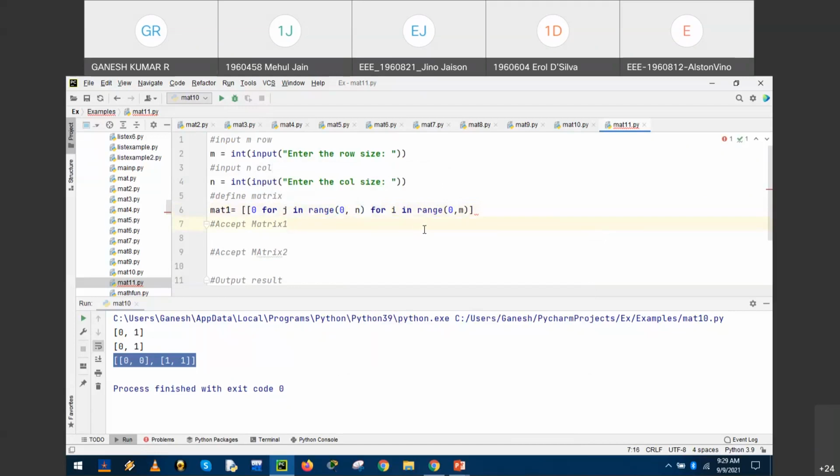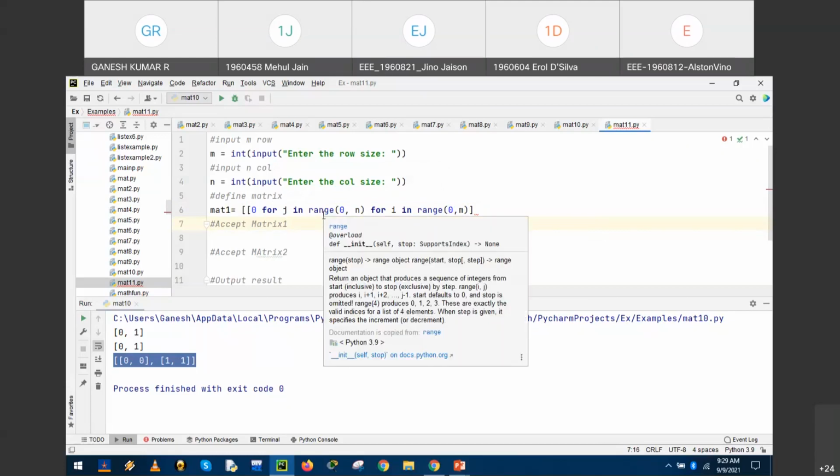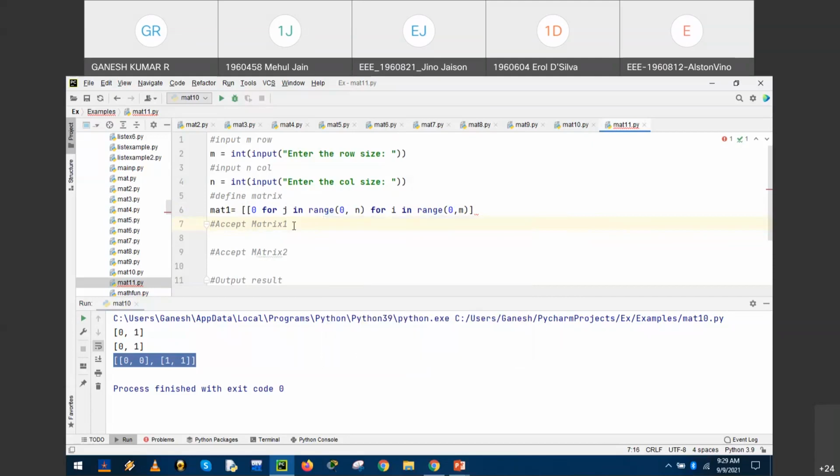Is it clear? So for I in range of 0 comma m, it represents the row value, and with reference to the row, the first row for j in range of 0 comma n. So m and n are applied to take the range function, right? Okay.